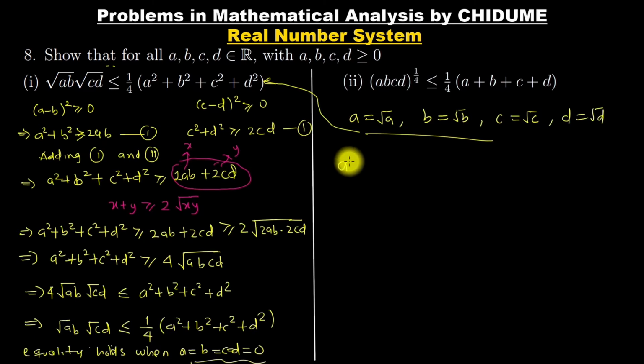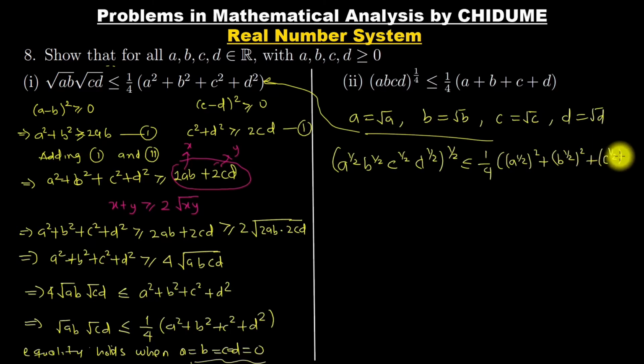I'm going to have a raised to the power of 1 over 2, multiplied by b raised to the power of 1 over 2, multiplied by c raised to the power of 1 over 2, multiplied by d raised to the power of 1 over 2, everything all raised to the power of 1 over 2, less than or equal to 1 over 4 open brackets a raised to the power of 1 over 2 all squared, plus b raised to the power 1 over 2 all squared, plus c raised to the power of 1 over 2 all squared, then plus d raised to the power of 1 over 2 all squared. So that implies that what I'm going to have